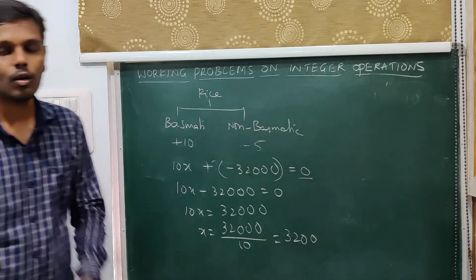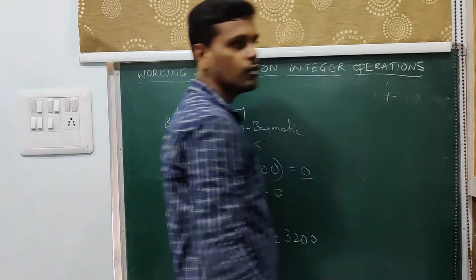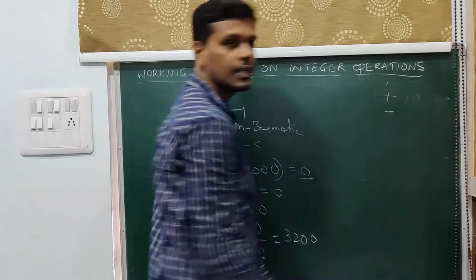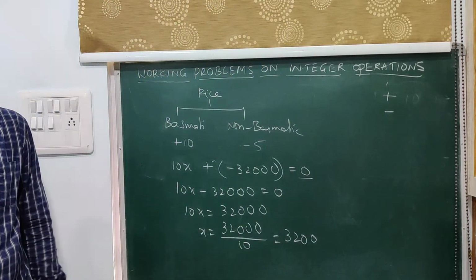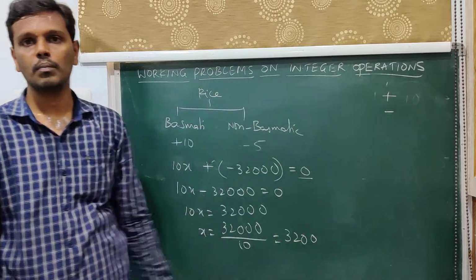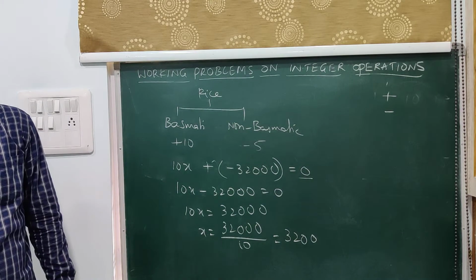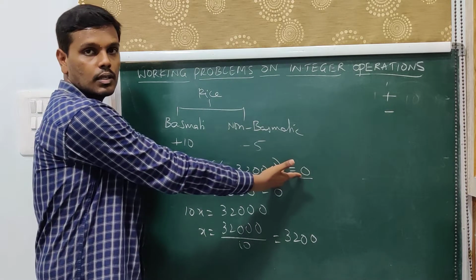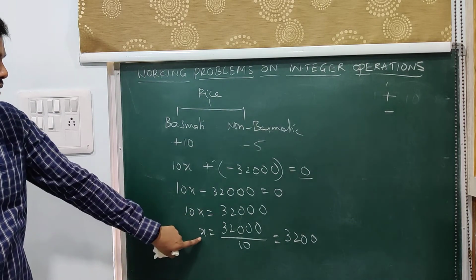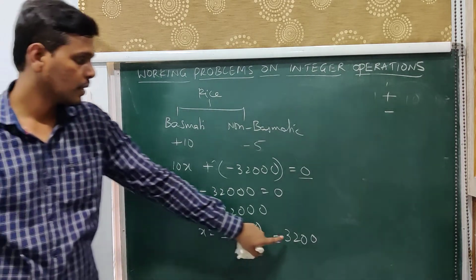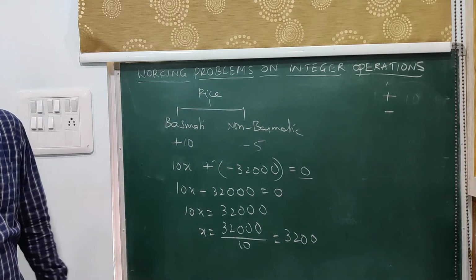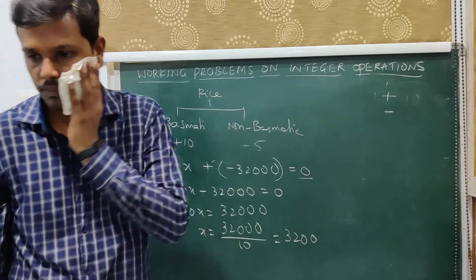Now here the point to be understood is this 0. They mentioned neither loss nor profit. If it is profit, we would have written some positive value. If it is loss, we would have written some negative value. Since they mentioned it is neither profit nor loss, we should not be using any positive number or negative number. The number which is neither positive nor negative is only one number, which is 0. So that is what they have given me, so I have equated it to 0, and this is the case. So the total number of basmati rice bags to be sold is 3,200, so that he will get neither profit nor loss.